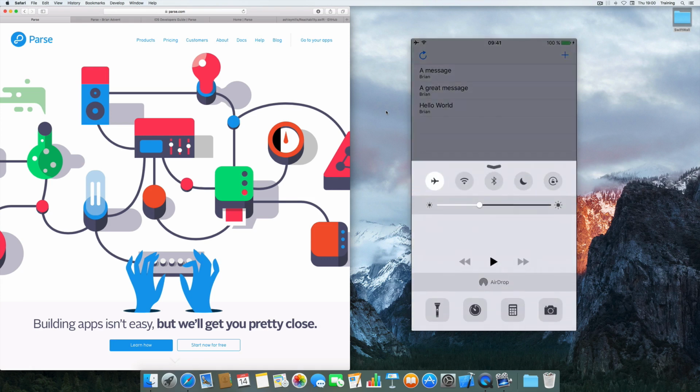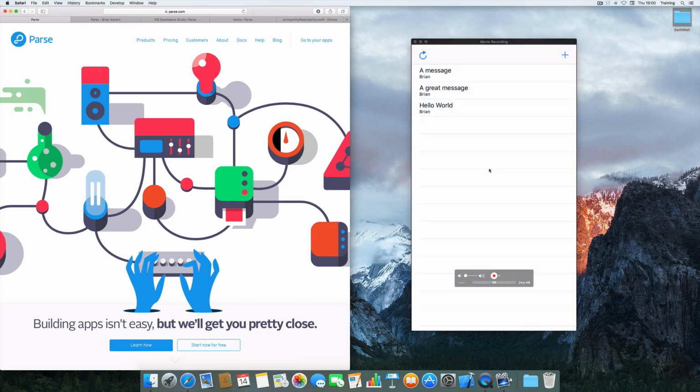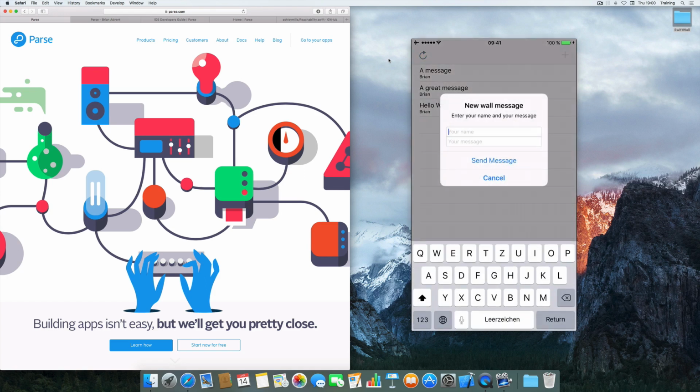So actually, as you can see, the connectivity is completely disabled. I am in airplane mode, no Wi-Fi, and actually also no 3G or 4G connectivity, but since I'm using QuickTime, it gives me all the icons here. But my internet connection is definitely disabled, and once I press reload, you can see that I still get my messages. I can even enter a new message,